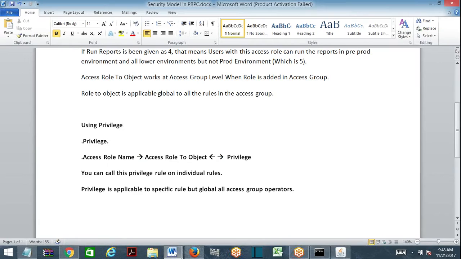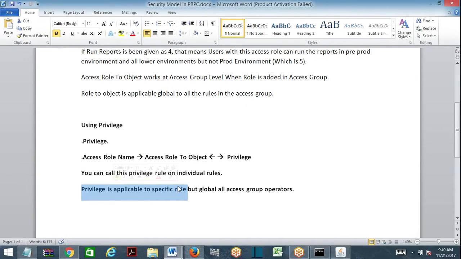Okay, now specific role, global to all access group operators. Irrespective of your access group, when you log in, if the rule privilege is there on the role, any operator from any access group who executes that role, which is preventing execution of activities, will not be able to execute them.